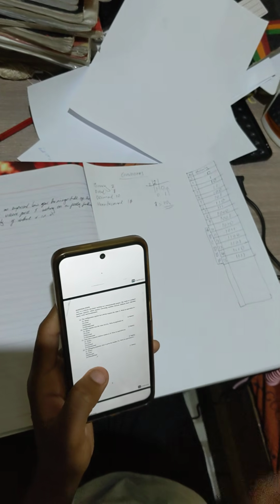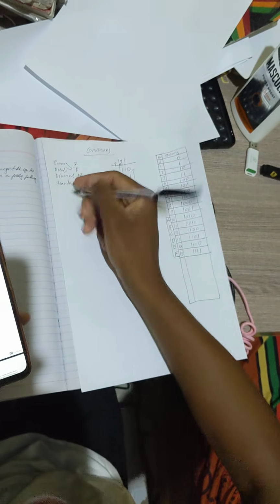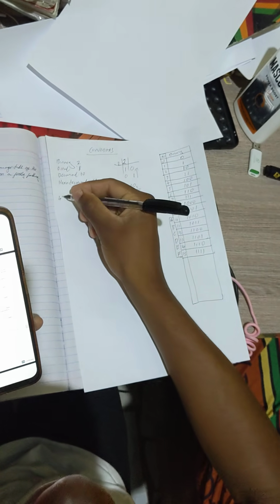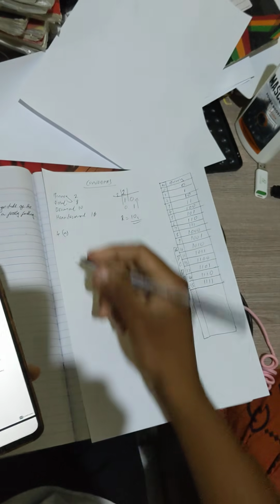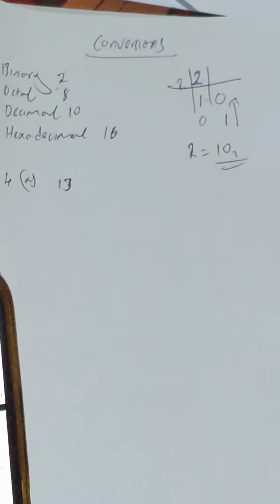So we have decimal, binary, octal, and hexadecimal. The first question, question 4A, says the configuration register for a device requires the value 13. So now you have a value 13. What's its equivalent